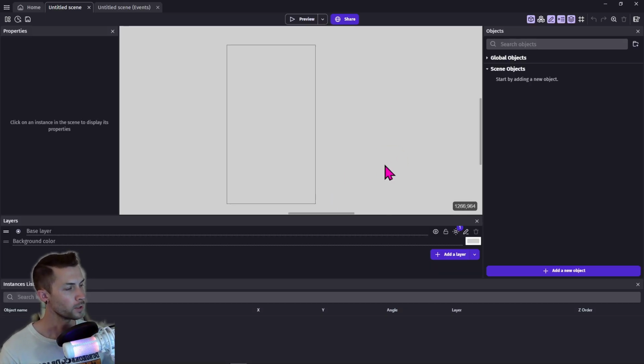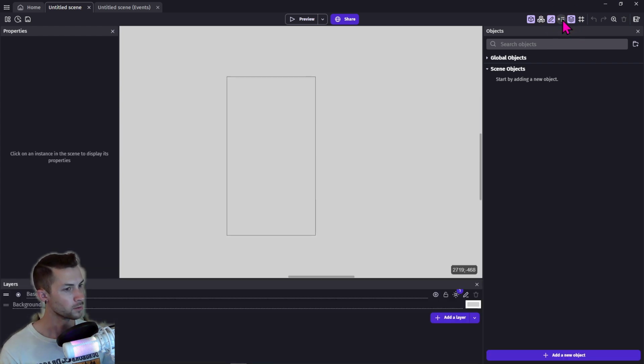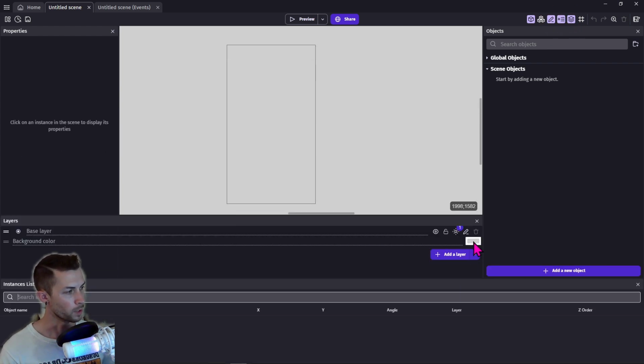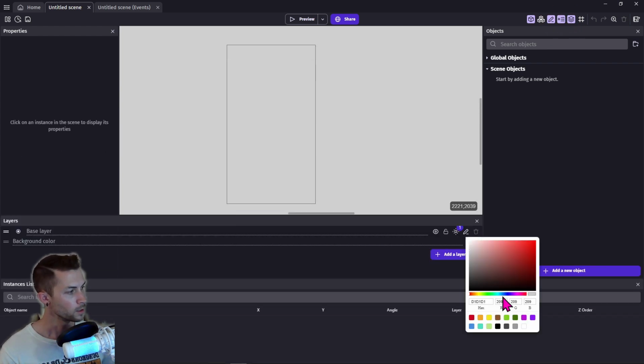First, let's go ahead and select the background by clicking on this white area. Down below under Layers, if it's not already open, select your layers up here on the top right, and then find this little color panel, click into it, and let's make this a nice sky color, or any color you